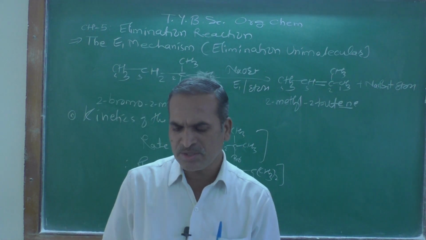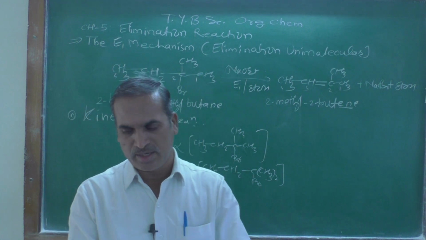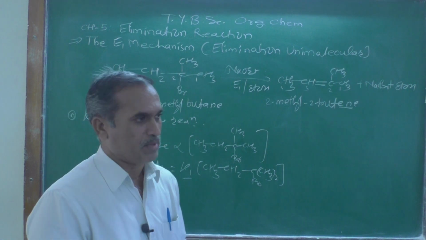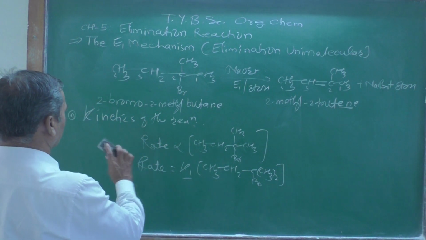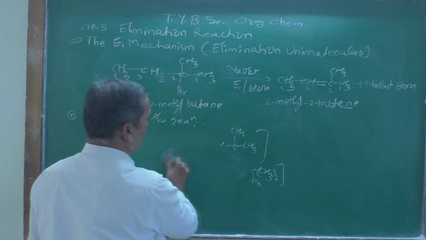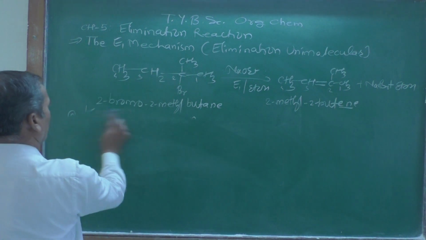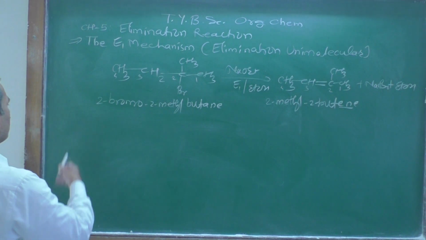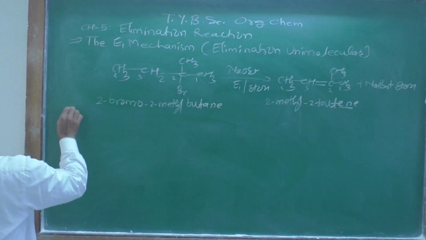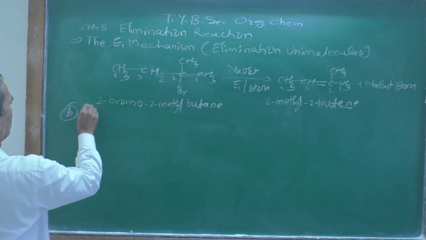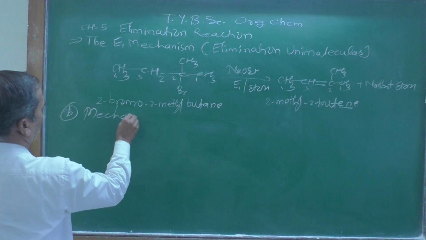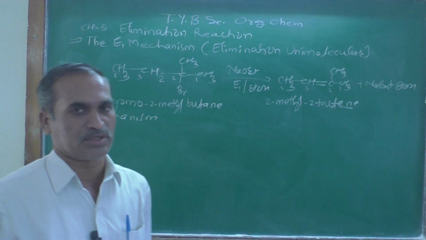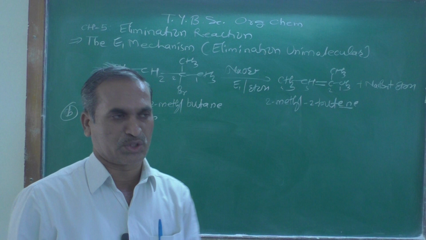Now the second point, what are we going to generally talk about in the second point? In the second point we talk about the mechanism, the proposed mechanism. Now let us look at the second point, which will be the mechanism, how we are getting this one. Here, point B we can write: B is the mechanism. This mechanism involves 2 steps.